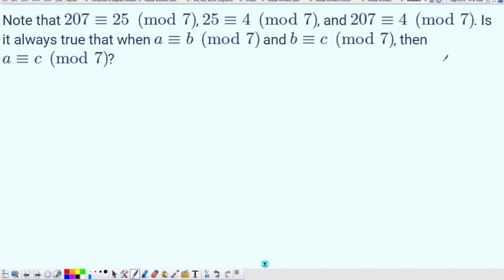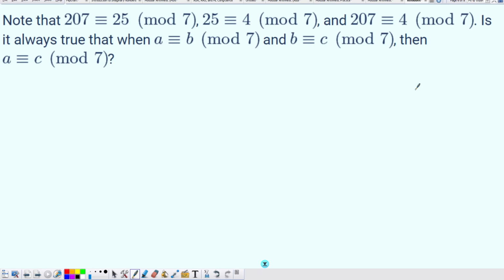Hello everyone. Now, in the last video, we discovered what we defined as a residue class, congruence class, or equivalence class, where it's a set of values that are all the same under a certain modular system, all equal to a certain residue. Now let's see if we can develop any special properties to help us discover some different equivalences